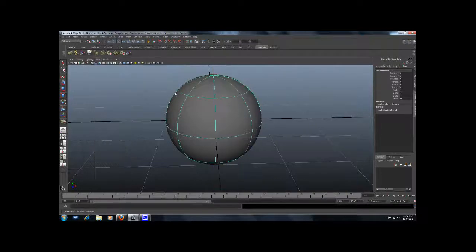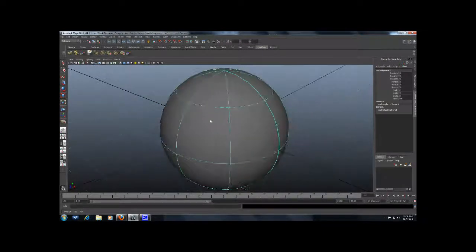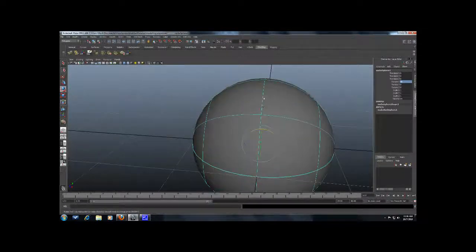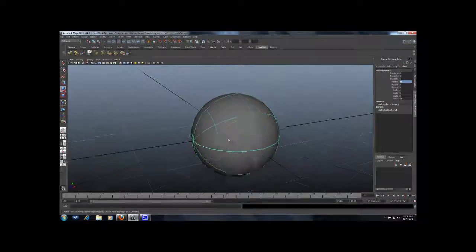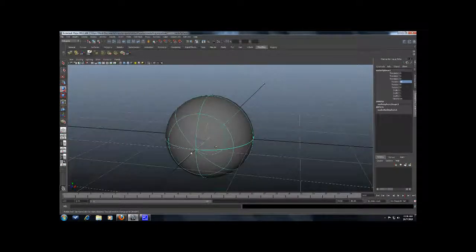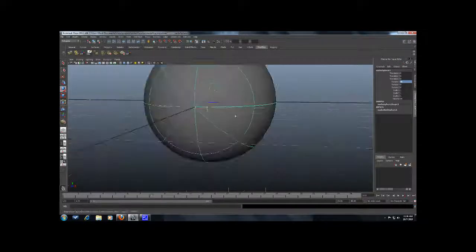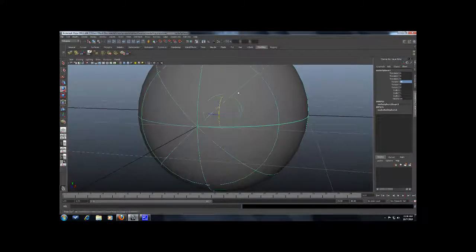Then go to view selected, so I'll just hide everything else in the scene. And just rotate this down 90 on the x-axis. We want this darker line, the middle line here, to be right there for the eyeball, because we're going to do some manipulating here. We need that there. So just right click and go to isoparm and just click this ring here around it and just scroll in there, push it in, hold shift, make another one,